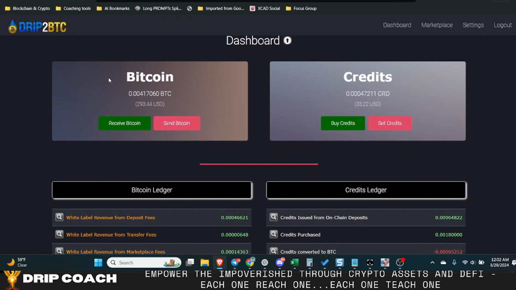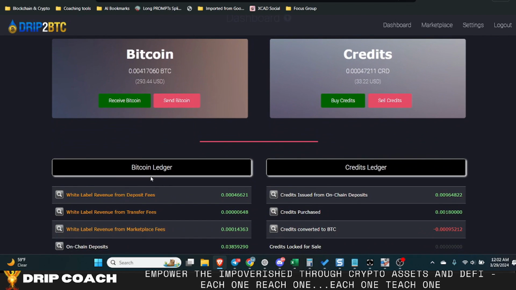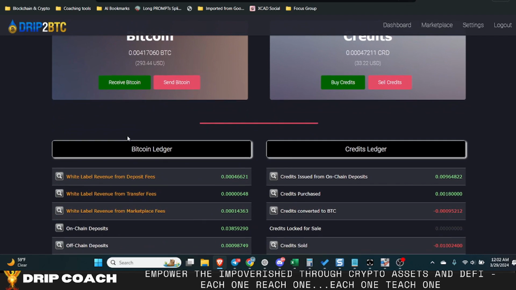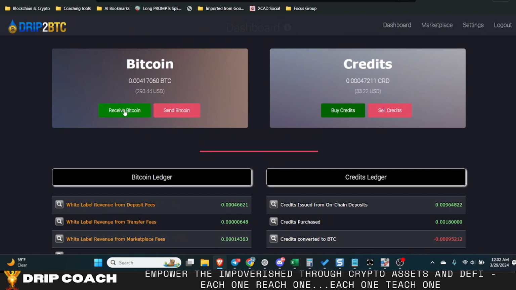So this is the main wallet, the one that I was given the white label service for. And what I plan to do is, starting April 1st, I'm going to remove all of the Bitcoin from here. And if I want to do any other buys, I'll do them on the other wallet.